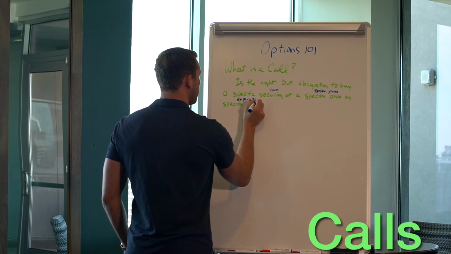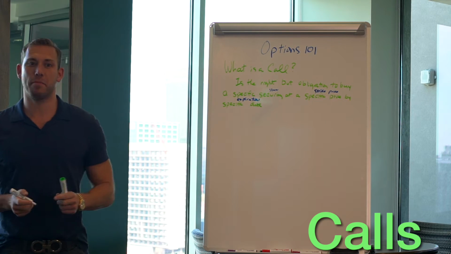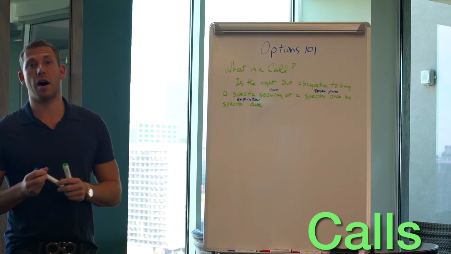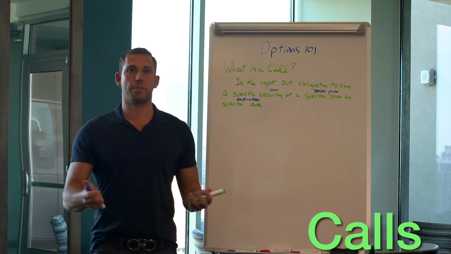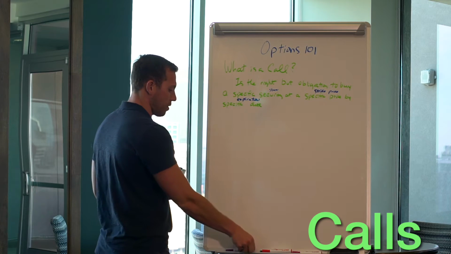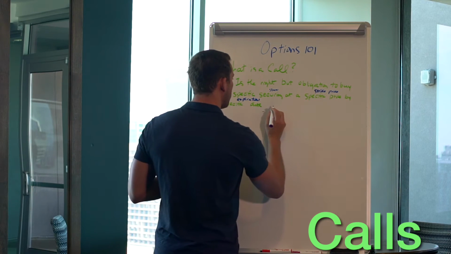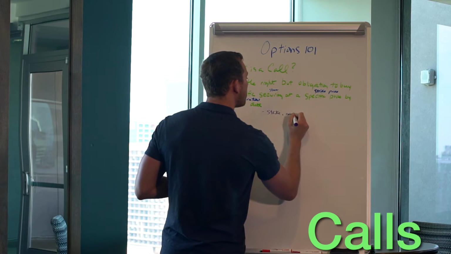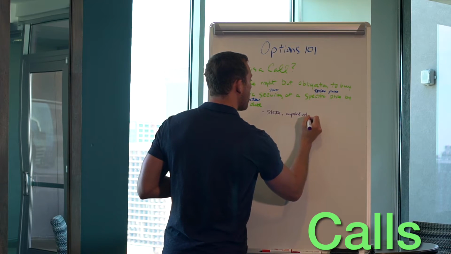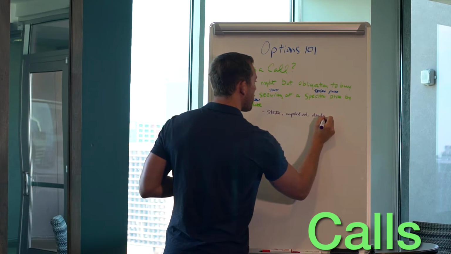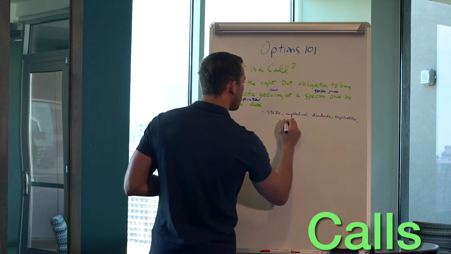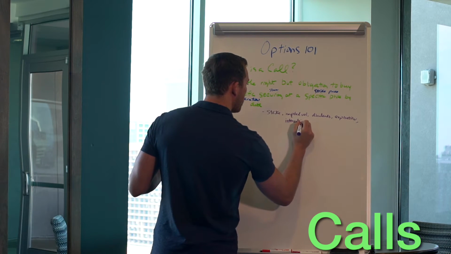The Black-Scholes pricing model, which we don't have to worry about today, we're going to get there in a couple of months, basically talks about how option pricing is derived. They won a Nobel Prize for the Black-Scholes pricing model. There are factors that determine pricing in the model: the strike price, implied volatility, dividends, expiration, and an interest rate. We don't have to worry about those today. So what does this mean?